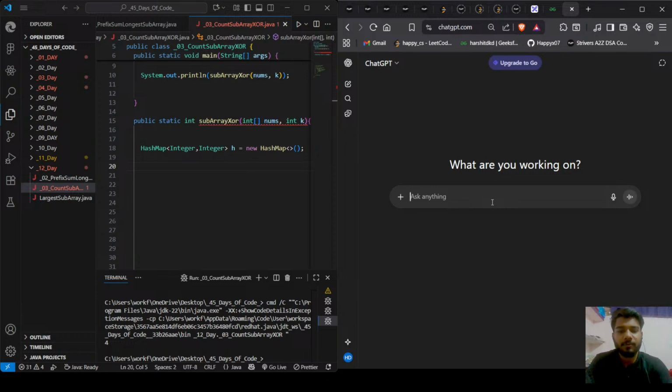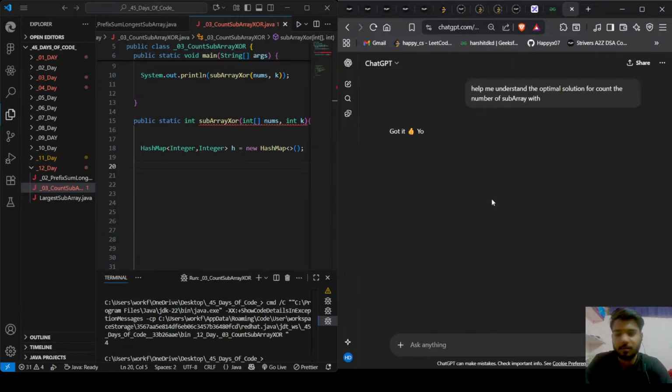Okay, what we were doing, we were trying to understand the optimal solution for counting the number of subarrays with